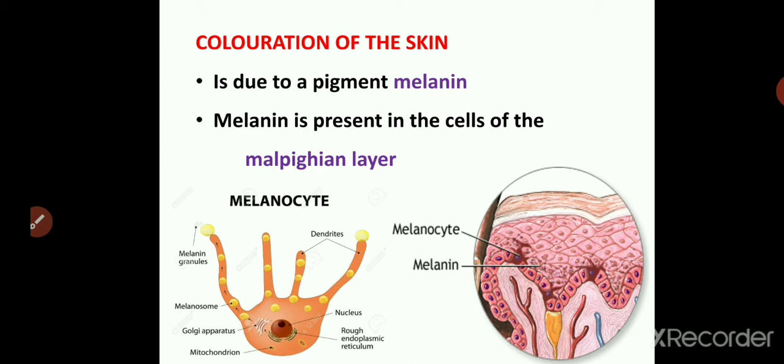So you find people who are fairer in the colder regions and a little bit darker in shade in the tropical regions. But there are some people who don't develop melanin at all, and hence you find them having very bright light skin. And if these people are exposed to sunlight even for a few minutes, they get serious burns. They are not able to bear the sunlight even for a short span of time, and they require an umbrella. So for people who have melanin, the melanin works as an umbrella from the effect of sunlight.